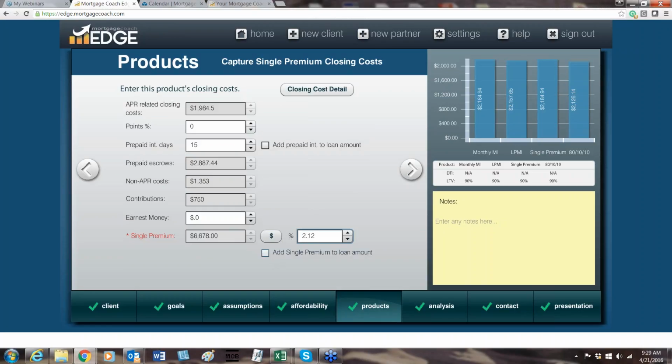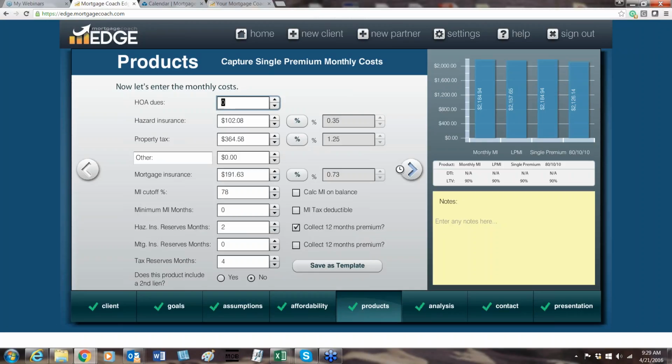And this is where you can add it to the loan amount. And then moving on, I have my monthly costs. So let's remove that MI, and I'm done. So with that, it was really quick once you develop one product, using that copy from feature